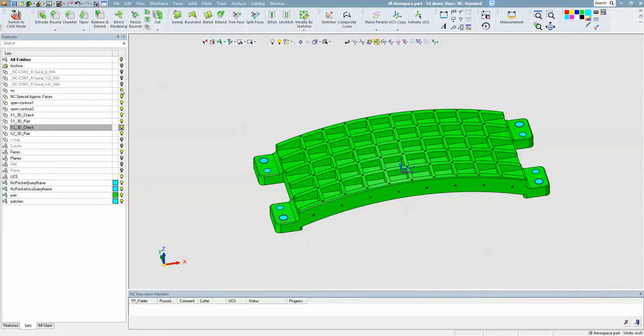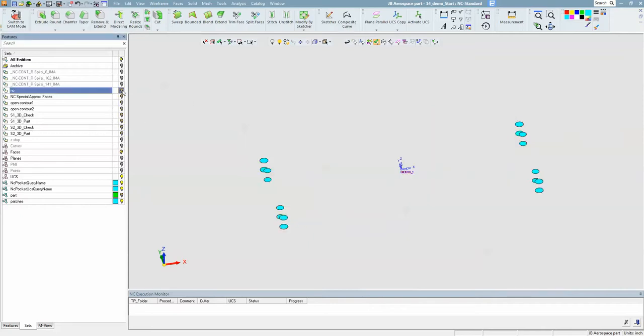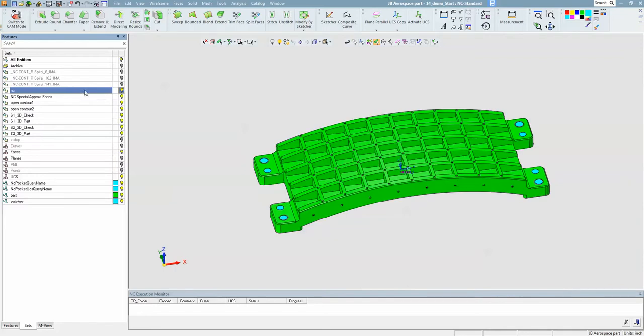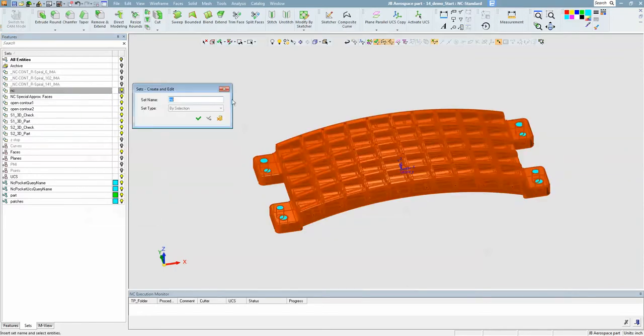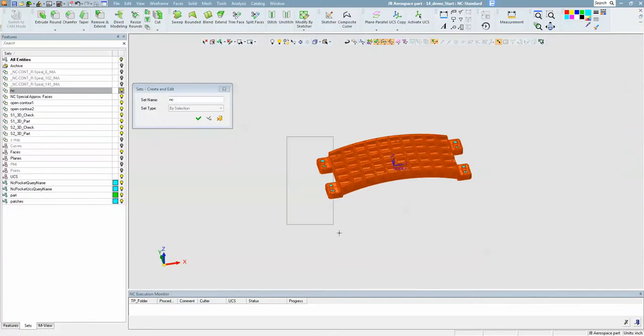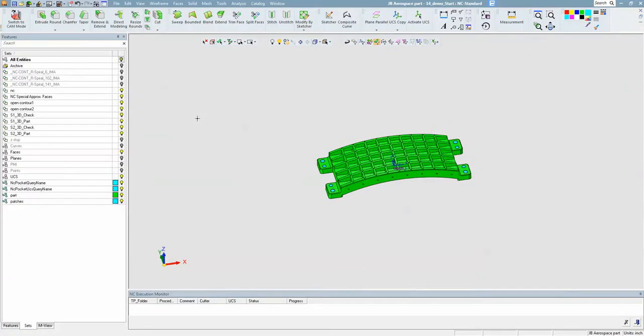I also have a set called NC, which is the whole part. Actually, I think I want to include those patches in that, so I'm going to choose Edit and include those patches. And so all the templates are going to reference these sets for the geometry that's being picked. So we'll switch over to the CAM side,